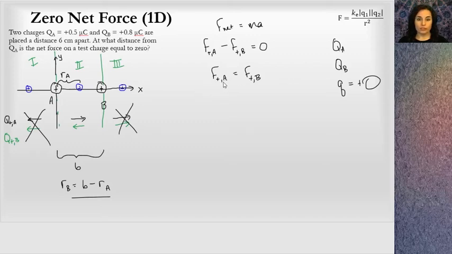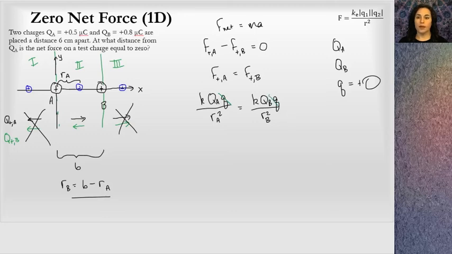The force on the positive test charge from A, I'm going to use the point charge equation here. I get the electric constant times QA times that positive test charge, whatever that value is, divided by RA squared. And that will equal K QB times that positive test charge over RB squared. Okay, so you see why I don't need to know the value of the positive test charge, because it cancels